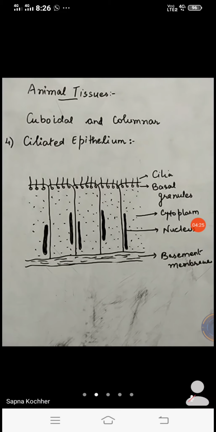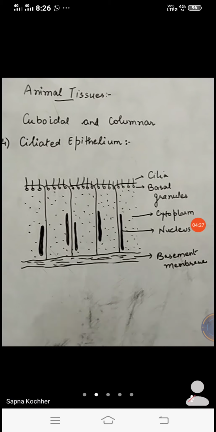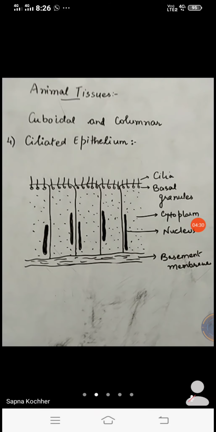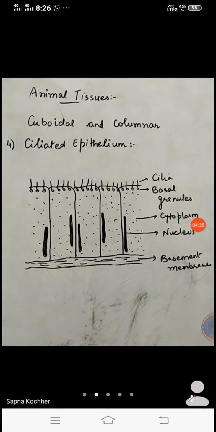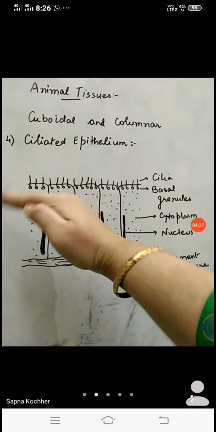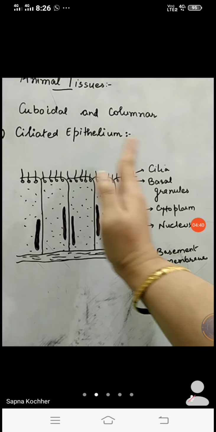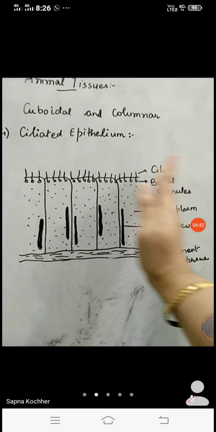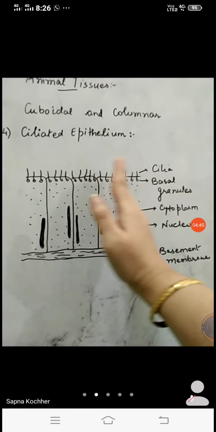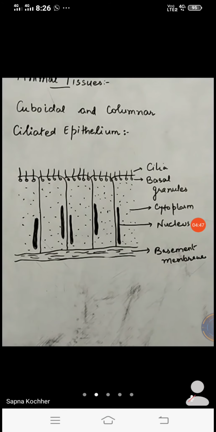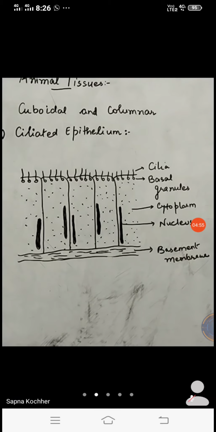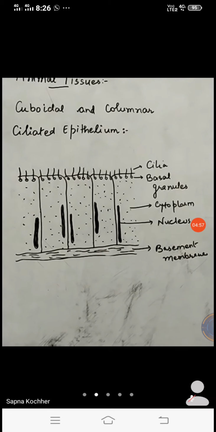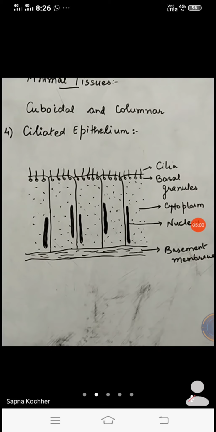The labeling part is same, except two more labels have been added, that is the cilia and the basal granules. Now what is the role of these cilia here? The cilia are the hairy projections, and they will be helping in passing the materials across the tissue. That is, the easy continuity of the flow of the materials going across this tissue will be helped by these hairy projections. So that is the function added to the ciliated epithelium. They help in the movement of the materials across the tissue. Fine.